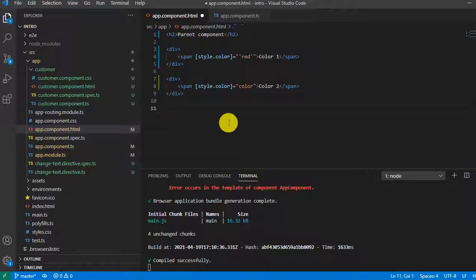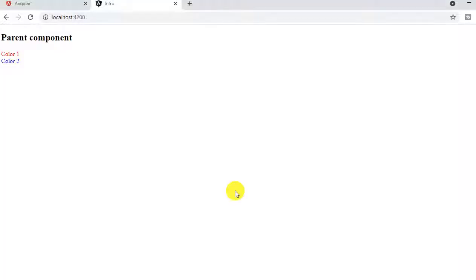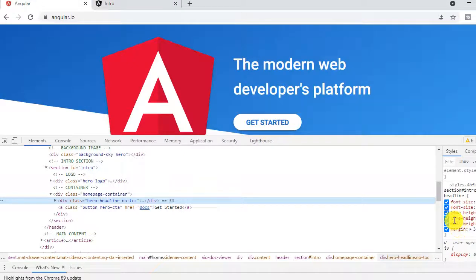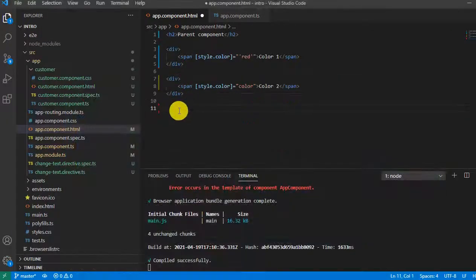Now there is one other way using ng style, where we can define all the styles like we have seen here: font size, font weight, margin. All this configuration we can do using ng style. So let's take one div. Inside this div I say span, and I will say color 3, and let's define over here.